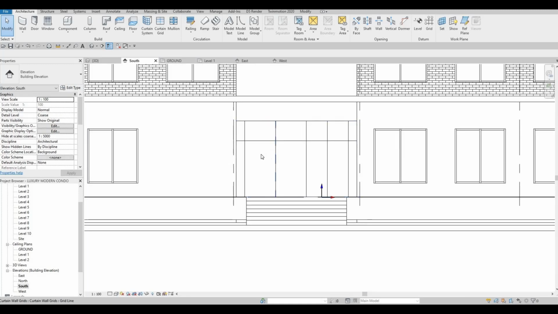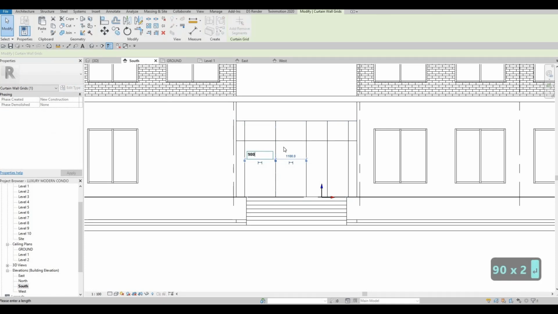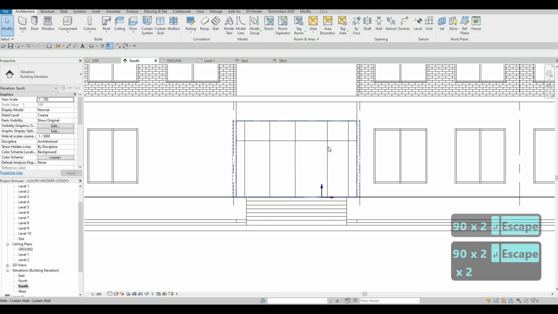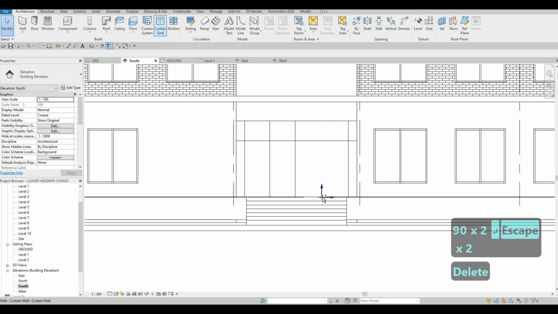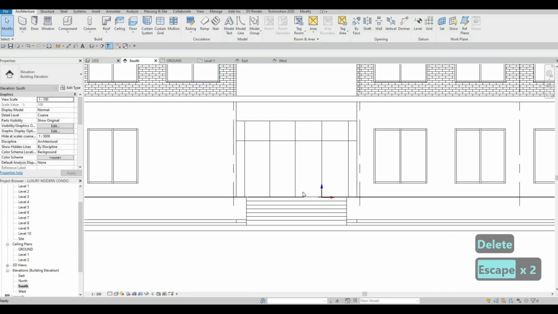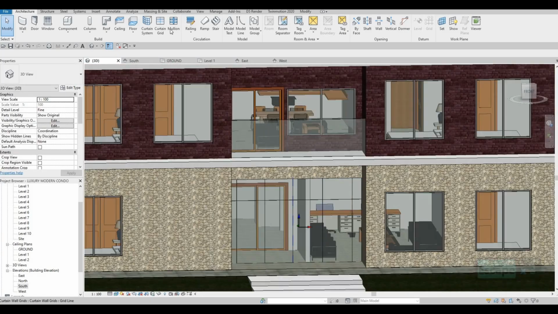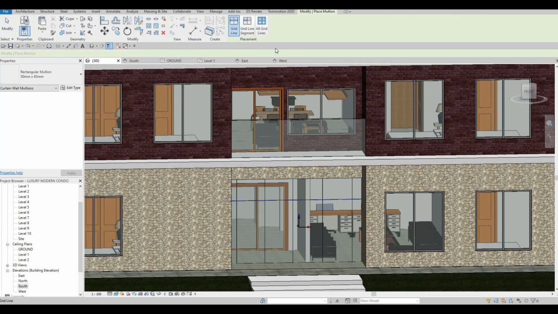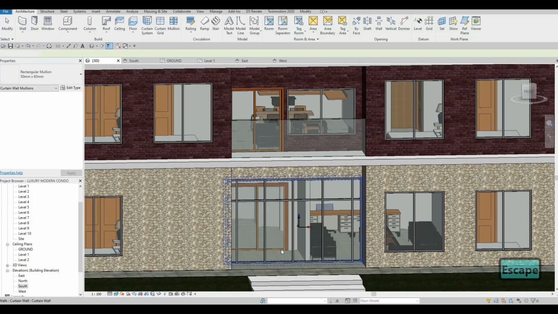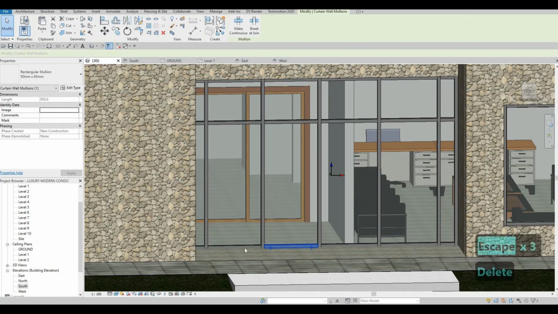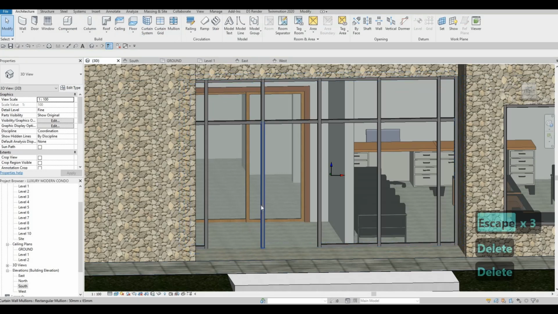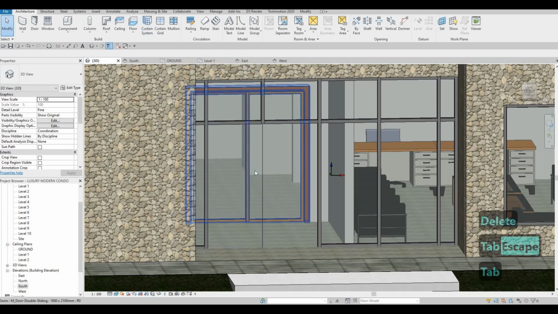So we could just change it. So this one should be at least 900, and this one as well, 900. I'm going to delete this and just move 950 each. And then click on mullion, and then all grid, and then delete the ones at the bottom from here, because we're going to change this to a glass door. So click on tab so that you just select the panel,